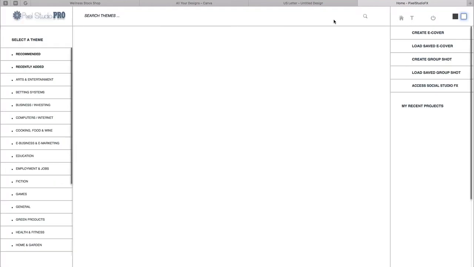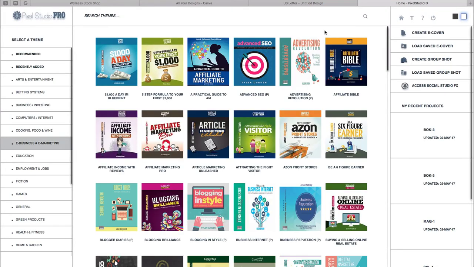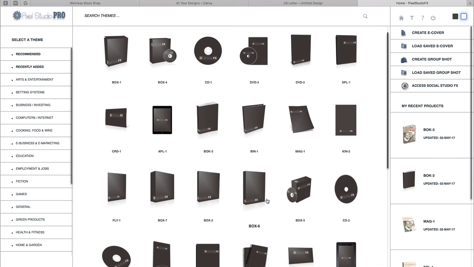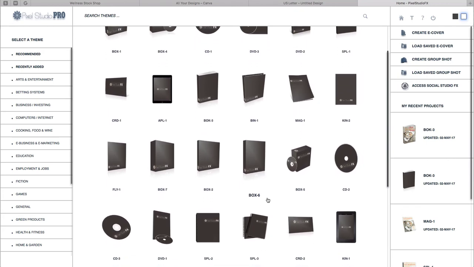pixelstudiofx.net. And I'll actually include a link below so that you can get to this if you'd like. But I just go ahead and click on the Pixel Studio FX, and then I go to Create eCover. And you'll see that you have a lot to choose from. So just a warning, these are all a different